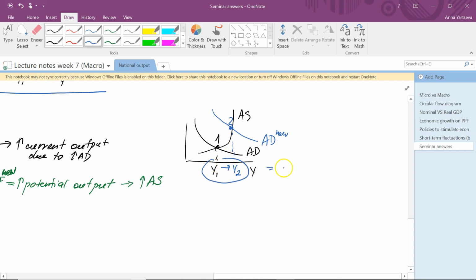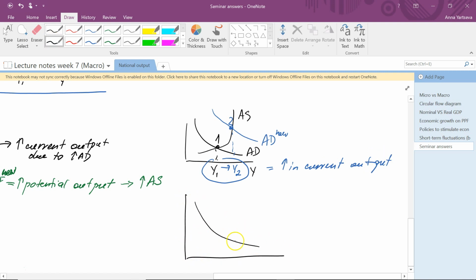That's an increase in current output. While to have an increase in potential output, we'll need to shift the aggregate supply curve. So this was our original output, and here we'll need to shift the aggregate supply curve,